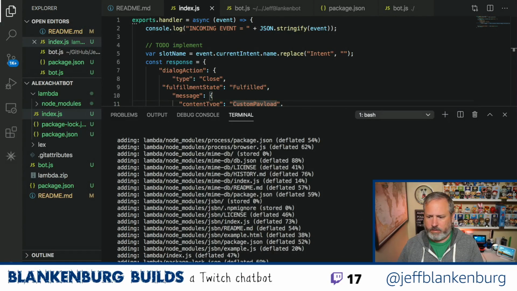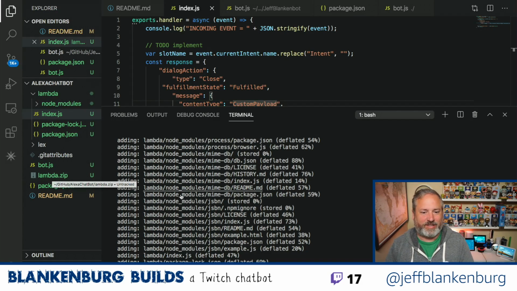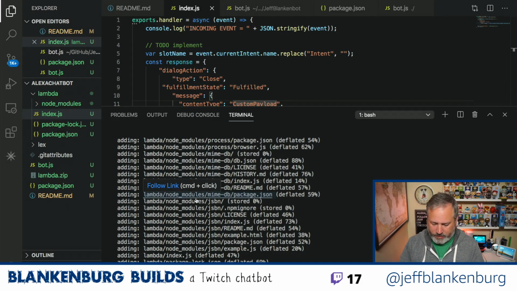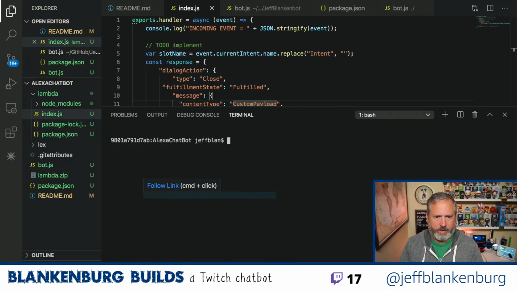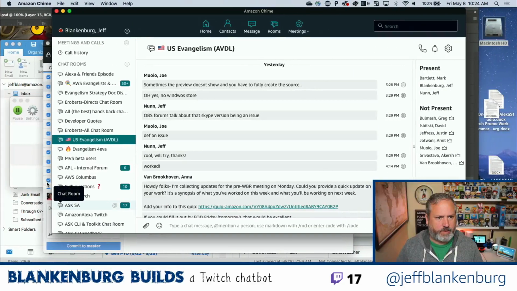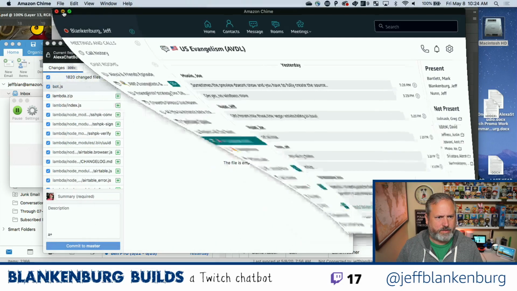Did I do it? I did it. I did it. We have a Lambda function right there. That's wonderful. So let me clear out that, and the next thing is, that was super easy. So I just need to do zip -r, the name of the file, and then where I want it to go. And let's go confirm that we did that properly. Let's get all this stuff off the screen.